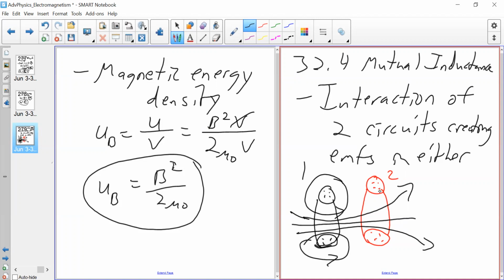Now, it's kind of like the basis for a transformer. If you provide more current here, it's going to induce even more EMF here. You can play around with that. But just for the basis, the currents are the same, the variance, the magnetic fields will be the same, the EMFs will be the same, the inductance is the same. So all of this simultaneous equality